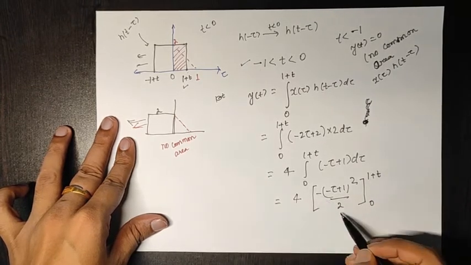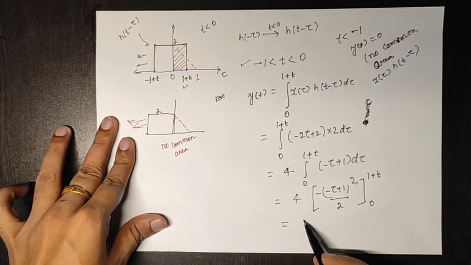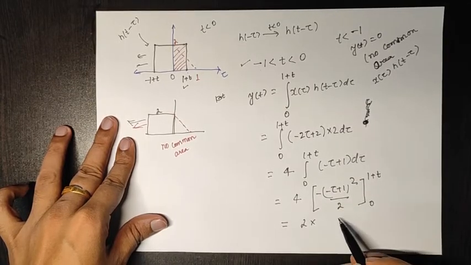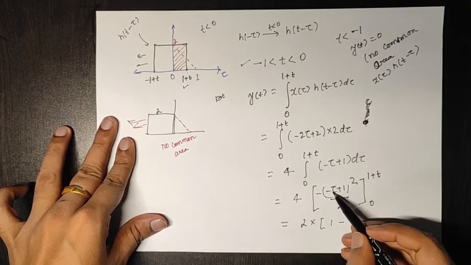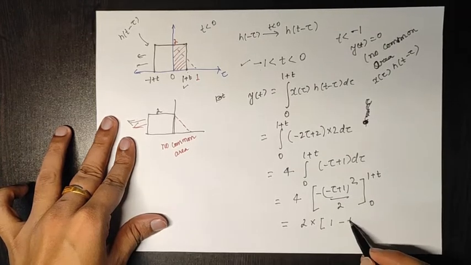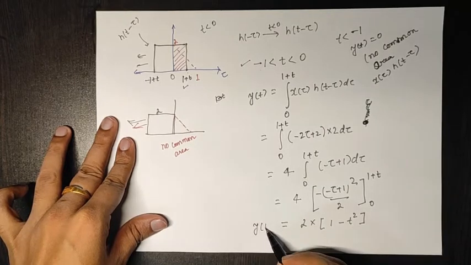So here 2 will cancel out 4, so it will be 2 times, when we put 0 inside, this will be 1, and then with 1 plus t, the 1 minus 1 plus 1 cancel out, so this will be 1 minus t square. So this will be the equation of y(t)